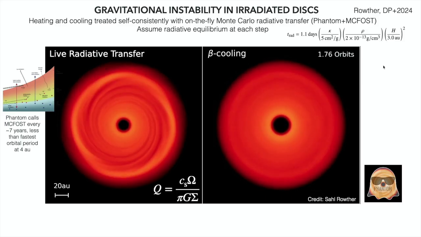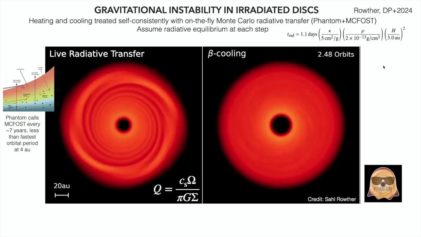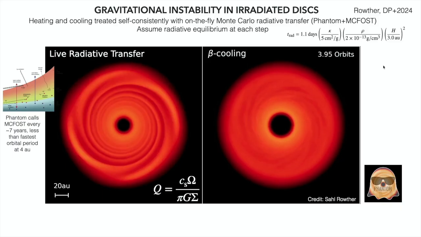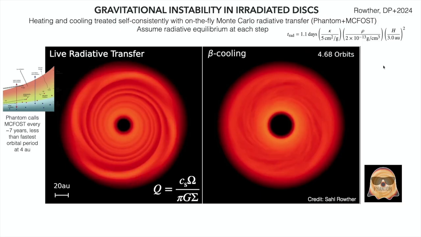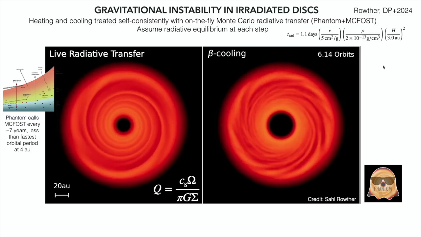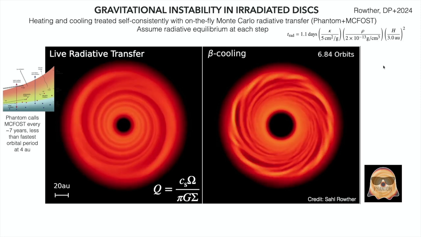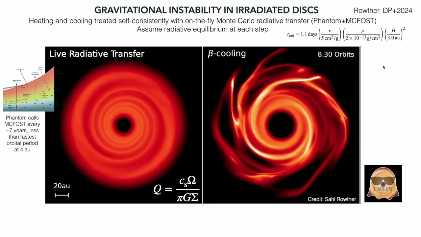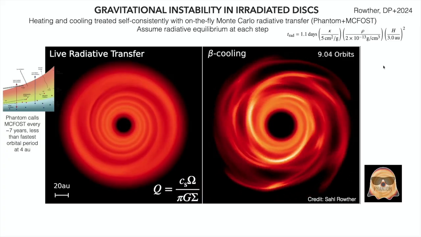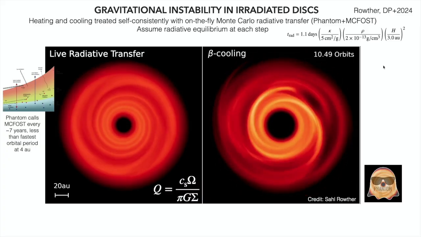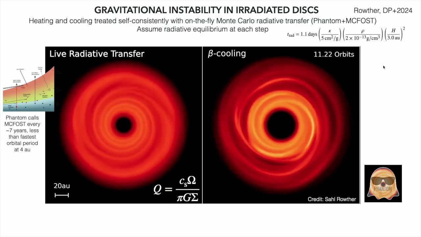We put in a gravitationally unstable disk. We take the heating from the central object. The heating is dominated by the central object, so there is some heating from the shocks. But of course, basically the central object bakes you in a more or less constant radiation field. And so the disk goes gravitationally unstable, there's some viscous spreading, sigma drops, and so Q slowly increases with time, sorry, because sigma drops. And therefore the disk just stabilizes.